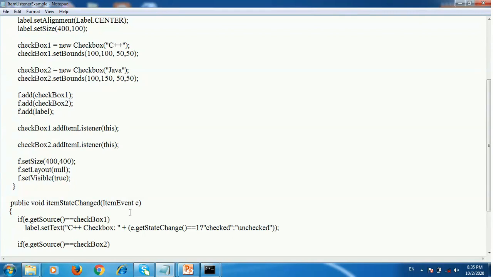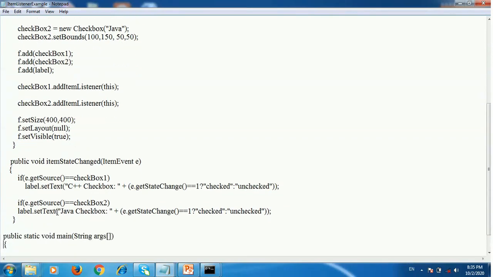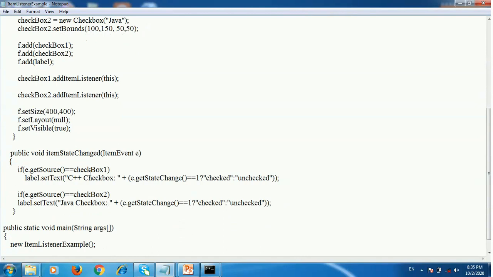The ItemListener interface has one method, that is itemStateChanged, and in that we use the getSource method is equal to checkbox1. So the getSource method is mainly used to return the source of the event.